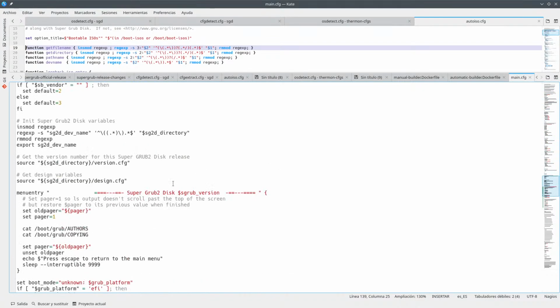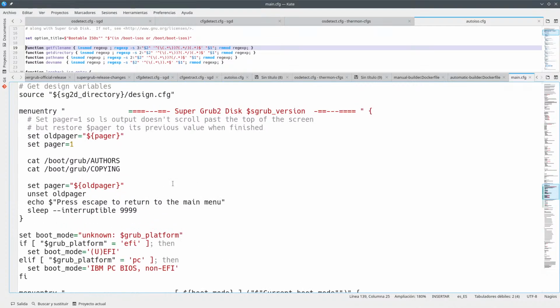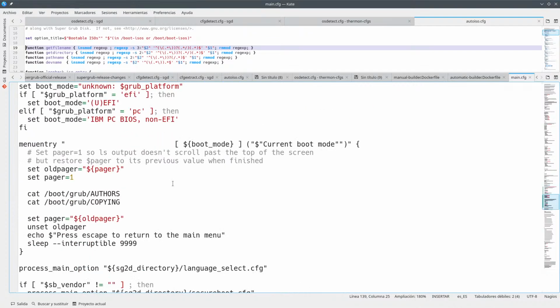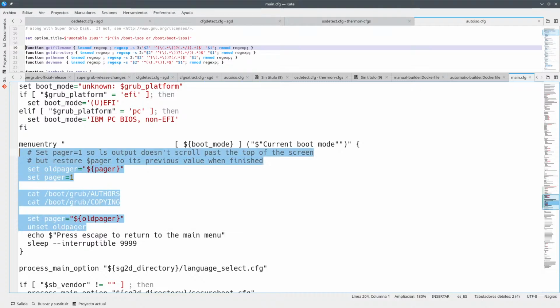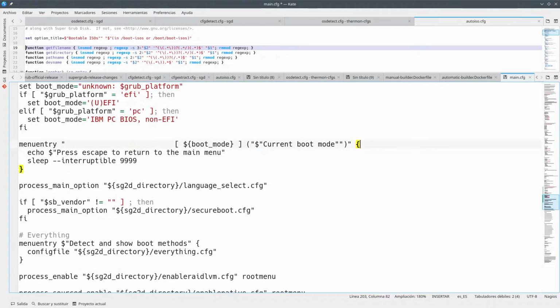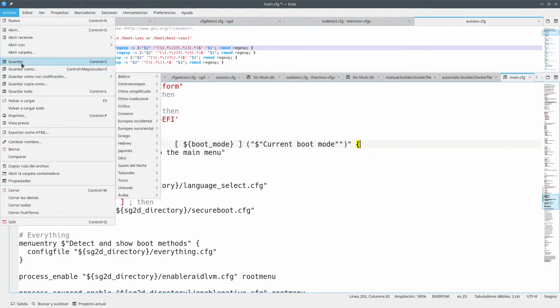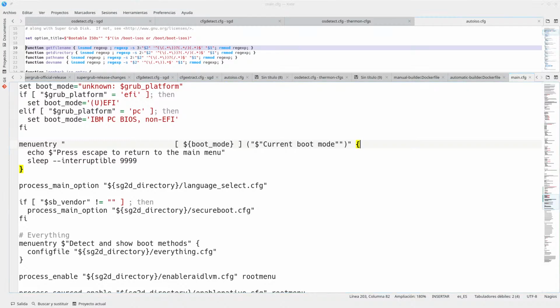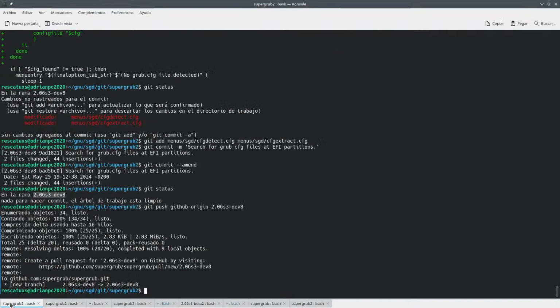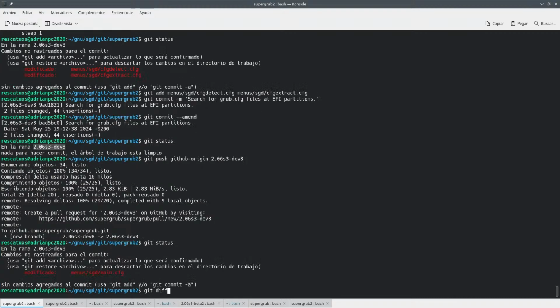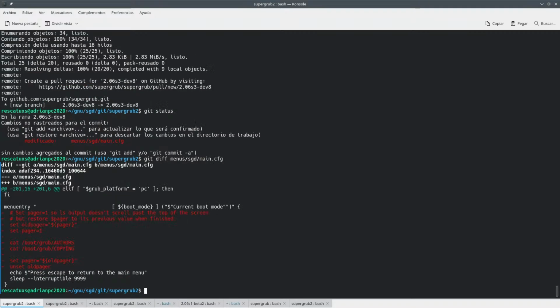So around here we should have the super grub thing, which is nice, and then here is just press escape. So there's no need for any of this. Just press escape and then the sleep thing. So this is something that should be added to the commit that we already have. So menus sgd main.cfg